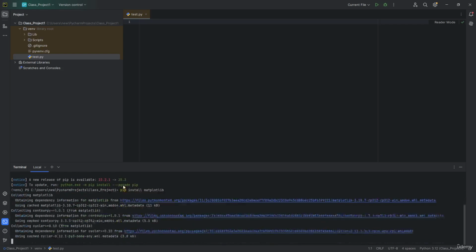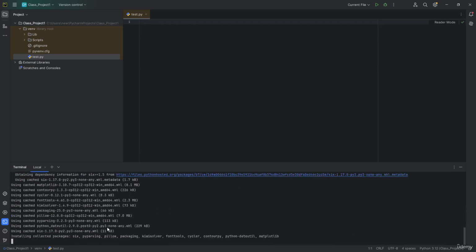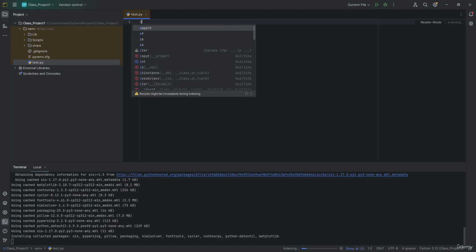Hit enter and wait a bit until everything has been installed. In a couple of seconds, you will see everything installed. After that is done, first off, let's import our first module, which is going to be